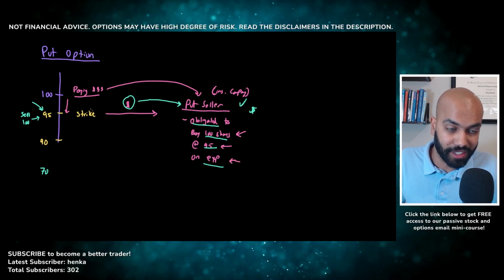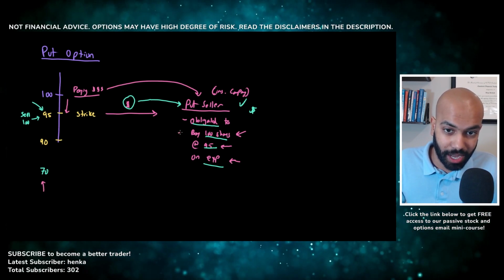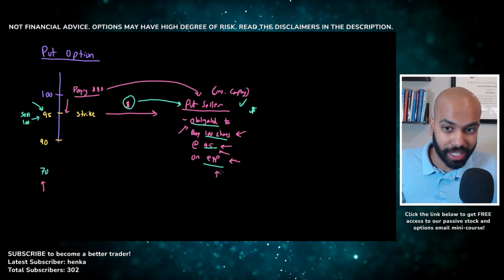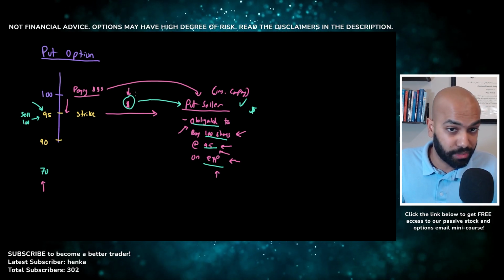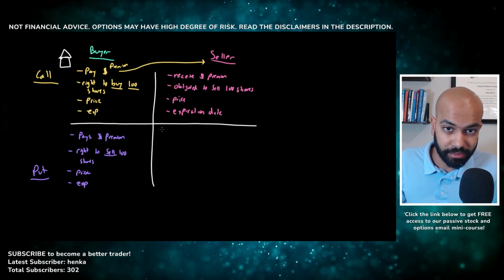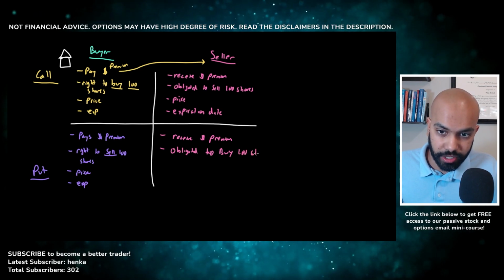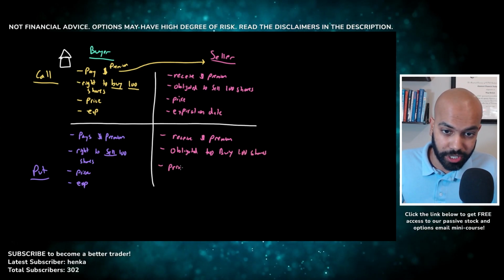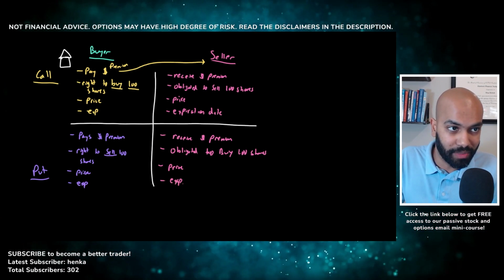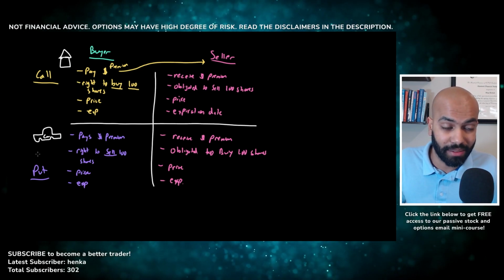And think about it. If the stock goes all the way down to 70, because you still paid the premium, the put seller is still obligated to buy the 100 shares at the 95 on or before the expiration date, and they're obligated again because you paid them the insurance premiums, and that's all put options are. So here, the put option buyer pays a premium to the put option seller, and they are obligated to buy 100 shares, the contract is for, at the predetermined price on or before the expiration date. And so the best way to remember this is to think about a car. So call, think about a house. Put, think about a car.